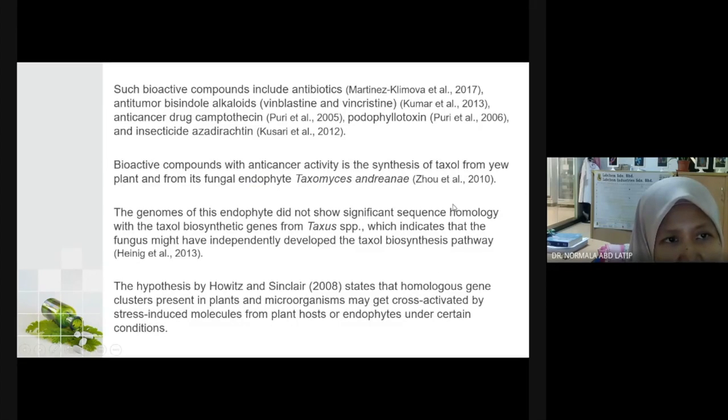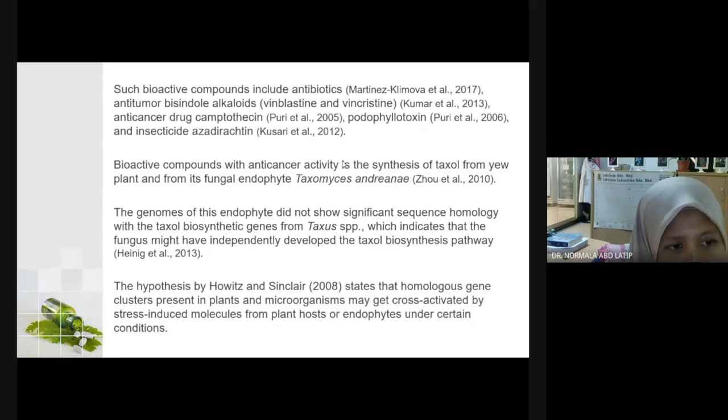Such bioactive compounds include, for example, antibiotics, antitumor bisindole alkaloids, anti-cancer drugs such as camptothecin, podophyllotoxins, and also the insecticide azadirachtin from the Azadirachta plant. A bioactive compound with anti-cancer activity is taxol, synthesized from the yew plant and from its fungal endophyte